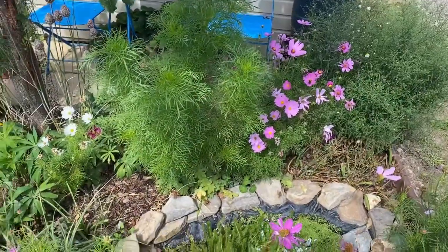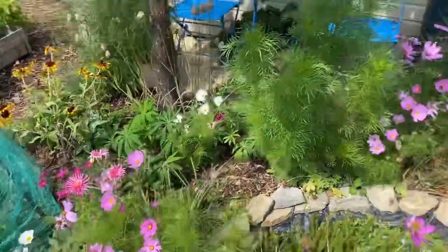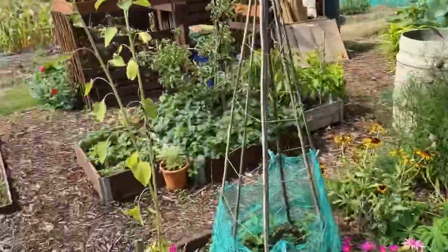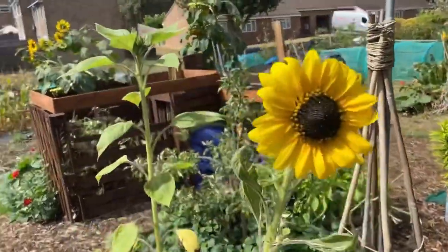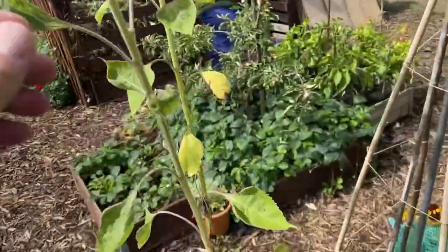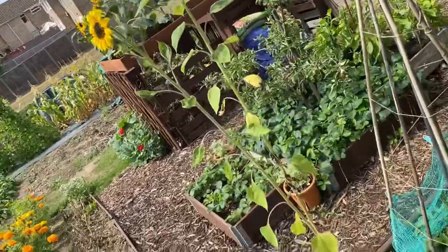So, I think a lot of deadheading needs to be done. So, cosmos needs to be done. Now these, I see these wallflowers, sunflowers even. This little beauty. However, these were just spare ones, right? So I just put them